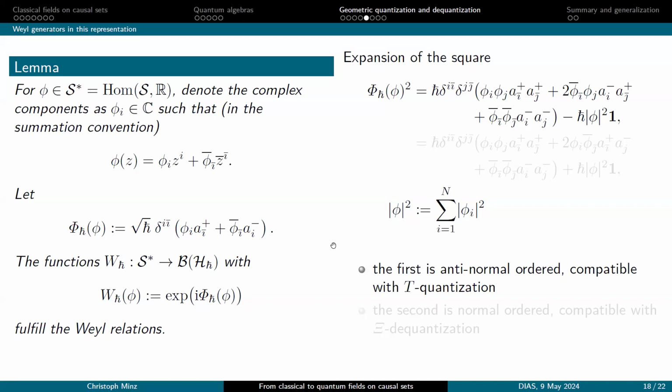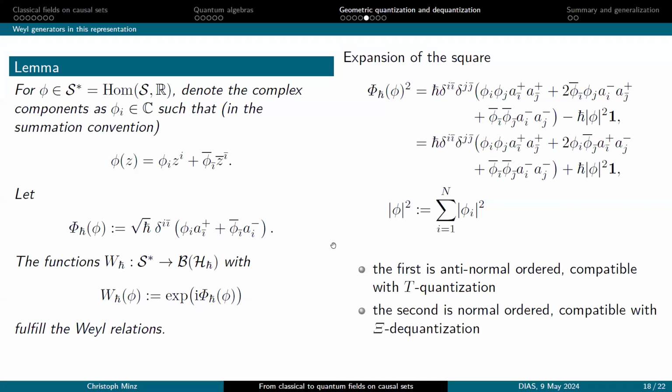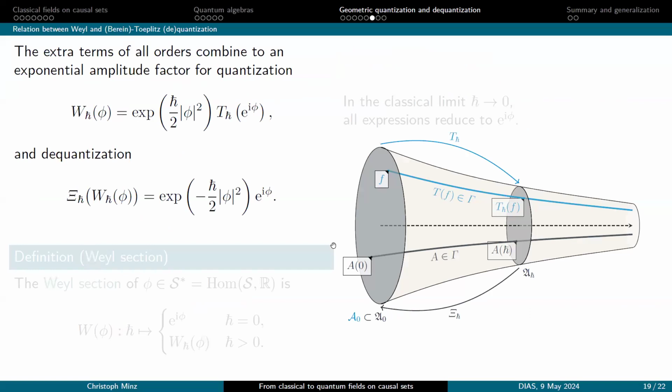And in fact, that ordering corresponds to the Toeplitz quantization. If we order it the other way around, then this is compatible with the C quantization corresponding to this Toeplitz quantization. And if you do this now for all powers, you can actually find some explicit relations between the Weil generators, which I introduced on the previous slide, and quantizations and dequantization of these